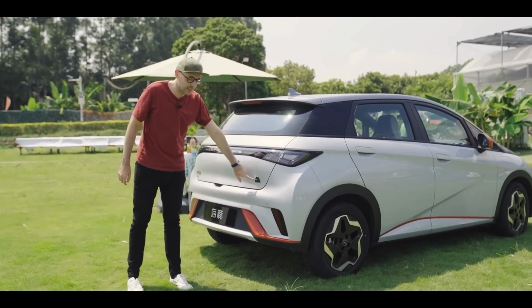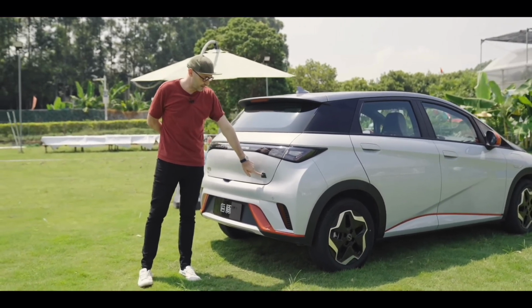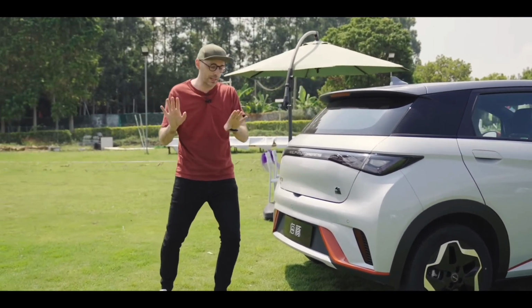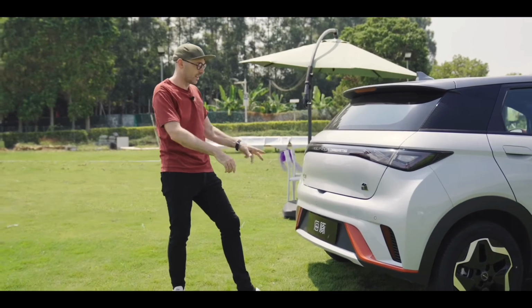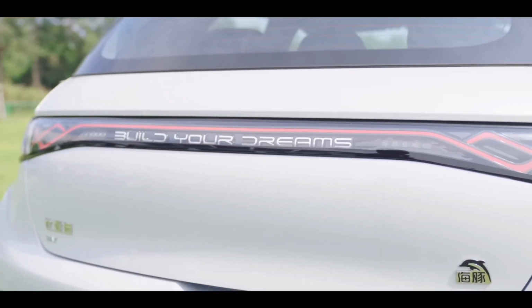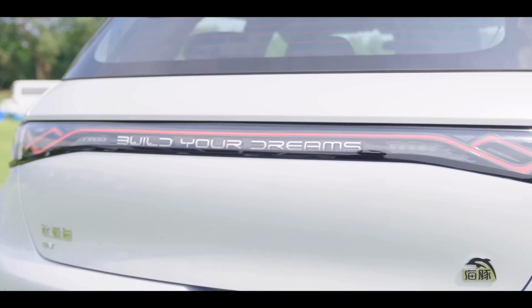And this is obviously the Dolphin, little Dolphin logo down here. In overseas markets, that name has not been confirmed yet. It's still being called EA1. Again, your orange details and your massive Build Your Dreams in big letters at the back. I'm not such a fan of that, but they insist on doing it, and it does make them stand out